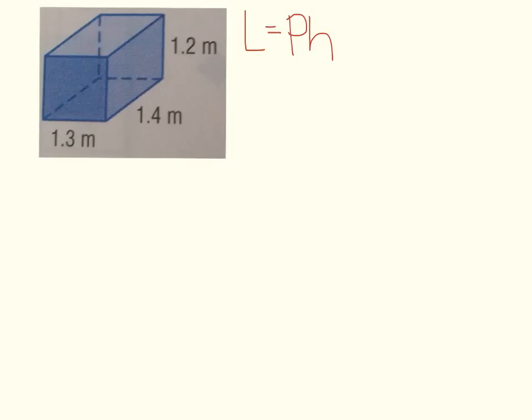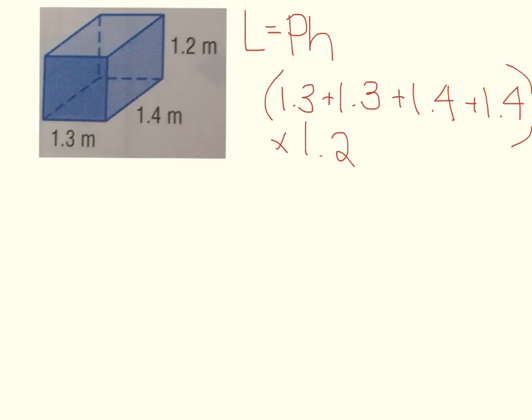So the perimeter is a rectangle, which means you want to add together 1.3 plus 1.3 plus 1.4 plus 1.4, and you're going to multiply all of that by 1.2. So if you add that together, you get 5.4, and then you multiply that by 1.2, and you're going to get a lateral area of